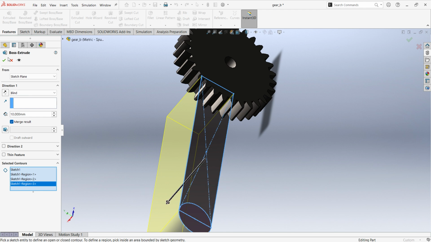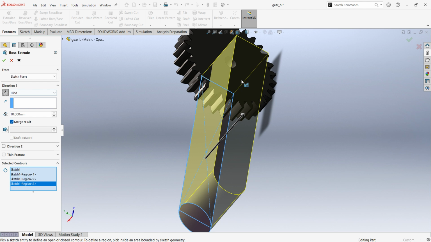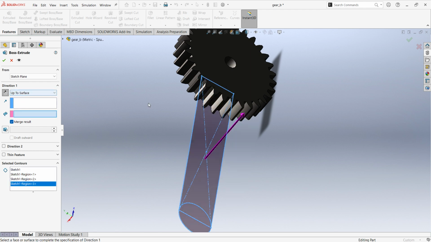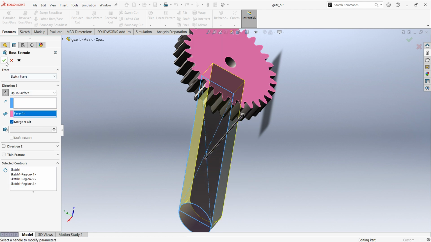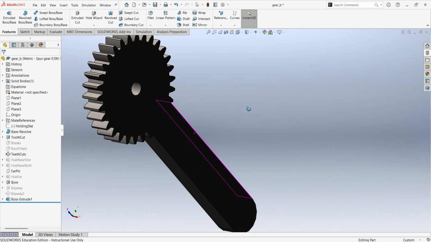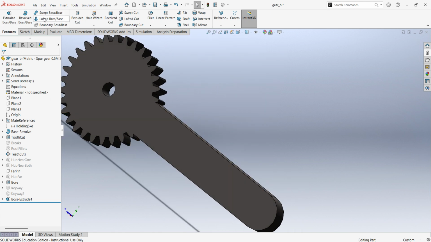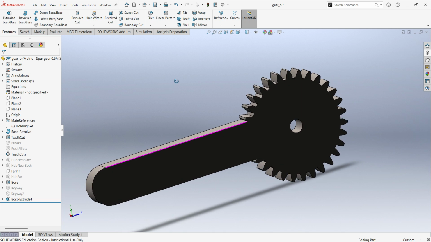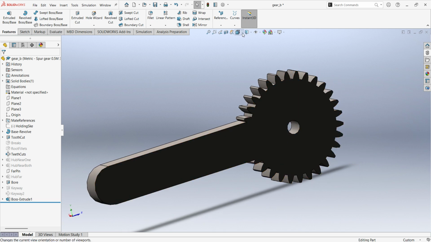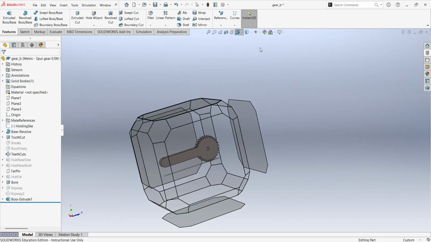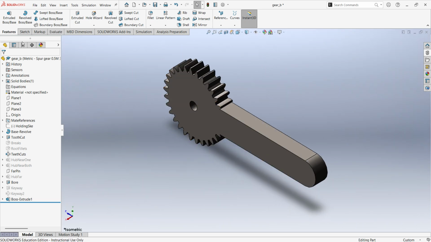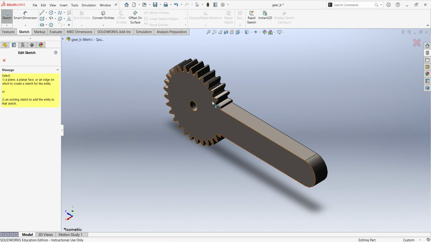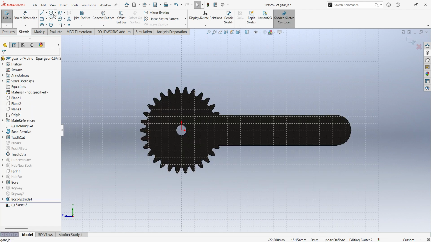I'll do it. Select the sketch, select extrude, in selected contours I have to select this, and this, because we did 2 different entities, so it is not considering all as one. We just have to select all the sketches, then change the direction, change it up to surface, this surface, click OK. You have your slot, and then